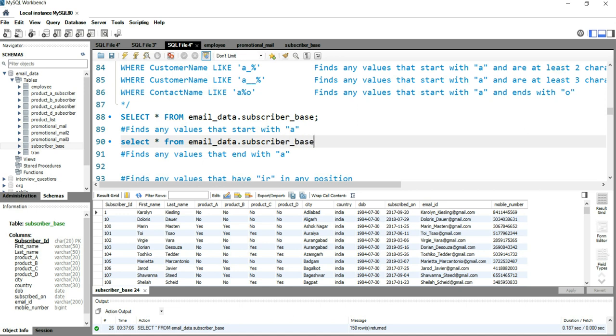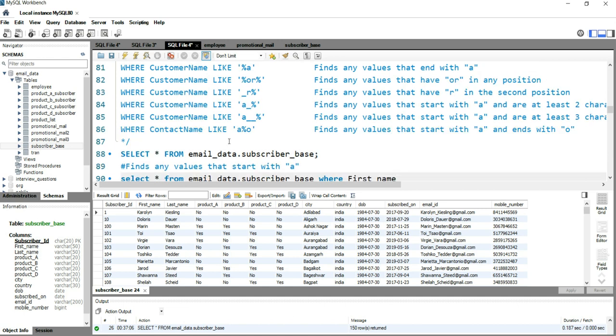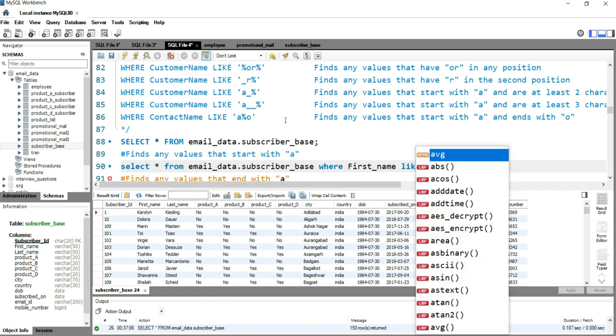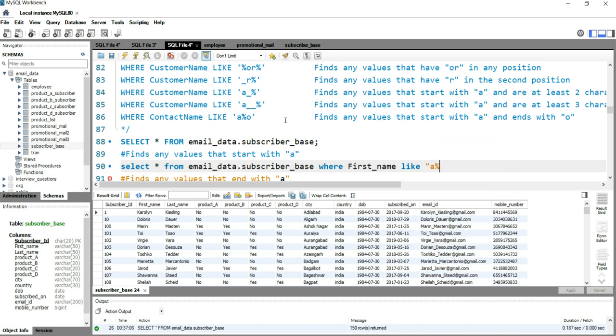Okay, and then we will use this where clause, and we have to find this pattern in our first name. So I'll put where first_name like, and our name should start with A. So we'll put A, then a percentage sign.